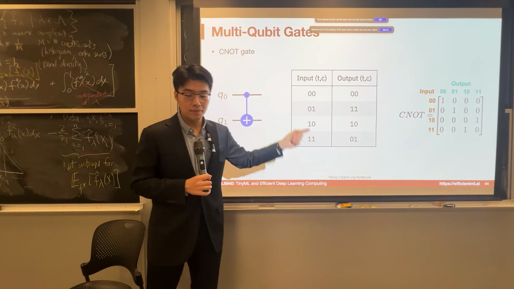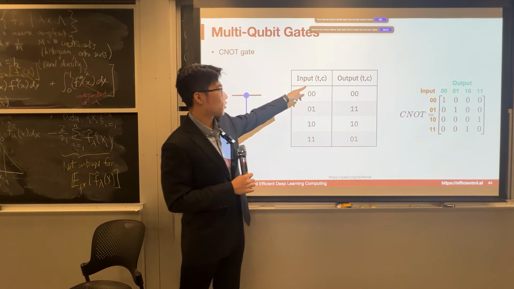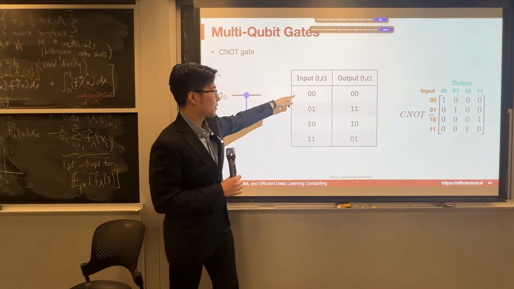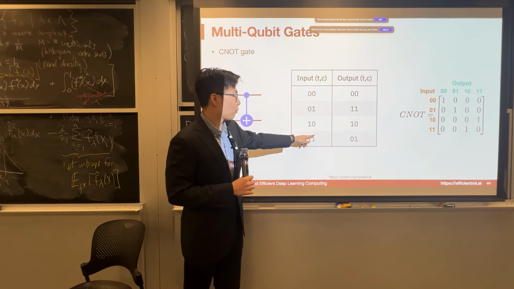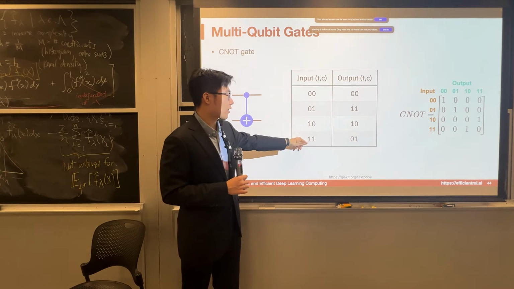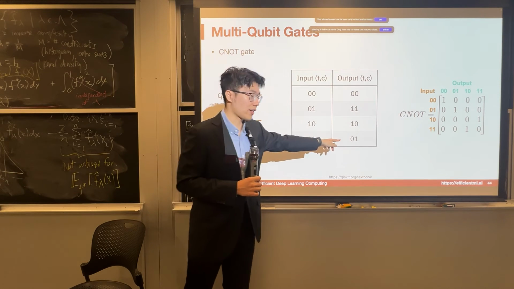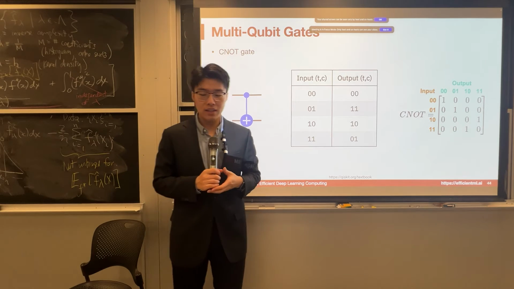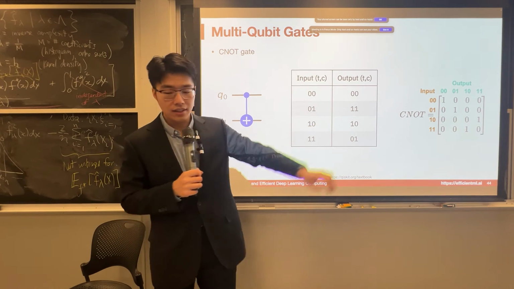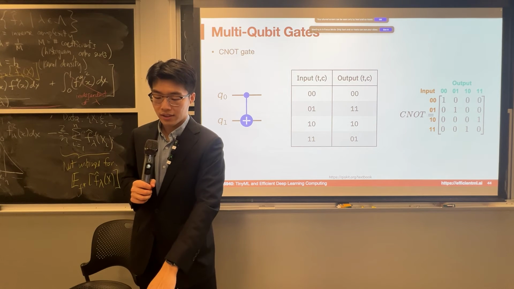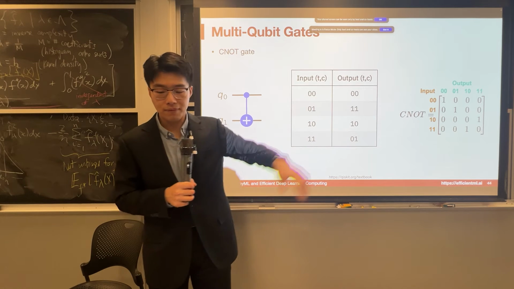So if we see the truth table for that, we can see that if the control and the target are 0, 0, the final output will still be 0, 0. But if we have 1 on the control qubit, then that will be a flip on the information for the target qubit. So if we represent this CNOT gate in the matrix representation, we can obtain the right-hand side information. We can see the CNOT is like 1, 1, and then we have an off-diagonal 1 and 1, right?